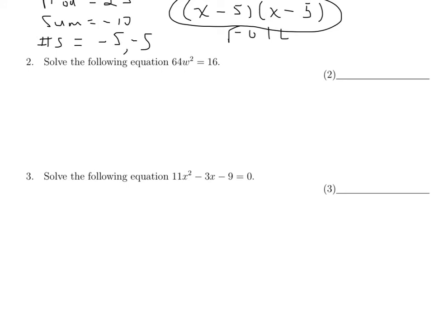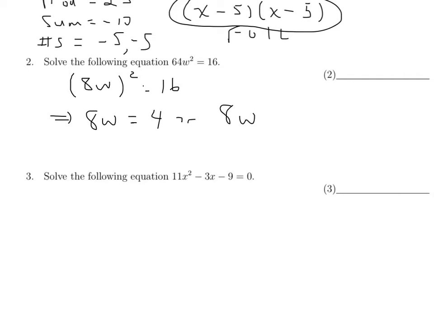In the second problem, this actually is a perfect square on the left side, so you can do this by factoring, but remember we said that we have the square root method that's really a shortcut if you happen to notice that the variable is tied up inside of a perfect square. It doesn't matter what is squared, as long as something squared equals a number, then I'll be able to say that the stuff in parentheses is either the square root of the number, so in this case the square root of 16 is 4, or